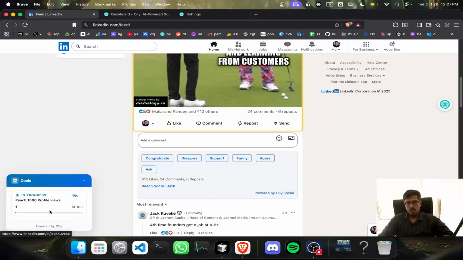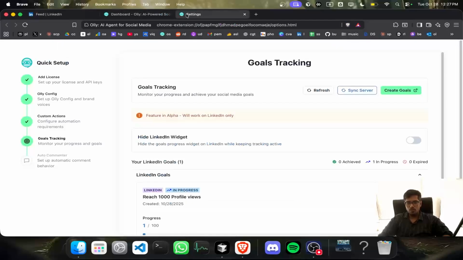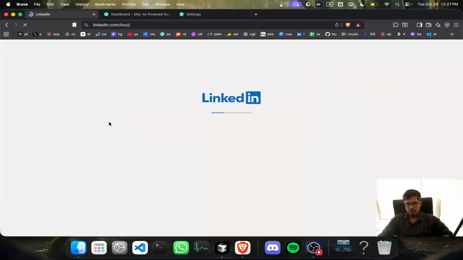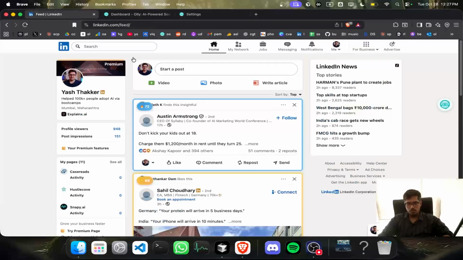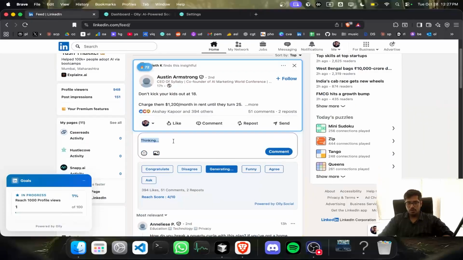In the future, we will allow you to break this down by day and so on, in order to make sure that you have day-wise goal progress. But let's say you don't want to see this very frequently; it might get annoying for some of us. What you can do in that scenario is go to settings, and there's a button that says hide LinkedIn widget. If you just enable this button and then refresh the LinkedIn feed, the goal pop-up should not show up. But I think this is a feature in my scenario, where I want to make sure that I am able to see the goals that I have in mind